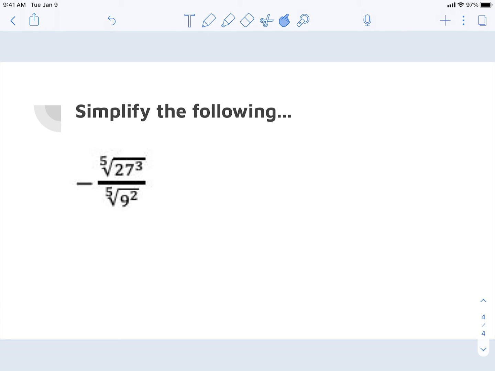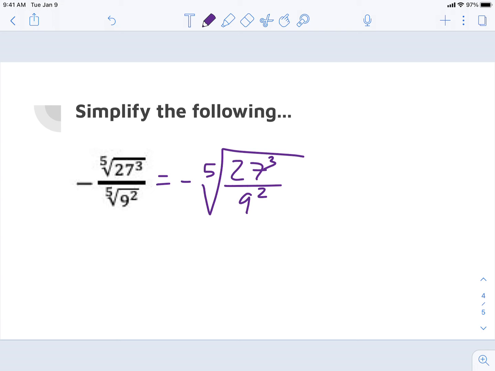All right, somewhat similar here. I would suggest if you're going to pause and try this on your own, make it one big radical first, and then start to break things down from there. All right, so this one actually isn't too bad if we started out by changing it to this. Now one thing you could do is just plug this into your calculator and it'll be a nice whole number that you could then start factoring out. The other thing that we could do though, just for the fun of it,